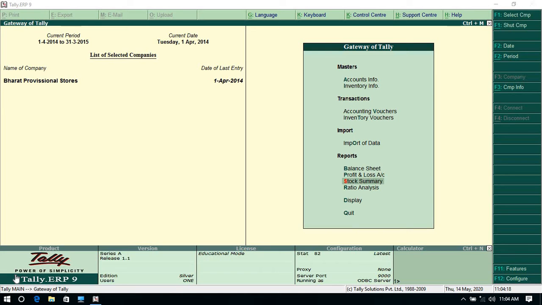So basically cost centers and cost categories will give you the third dimension information, in-depth information for the voucher entries. Normally in a voucher entry we do paid salary, from cash to salary account. It will not give the details about to whom you have paid salary and all. Cost centers and cost categories will give you that information, for which employee how much salary you have given, apart from that total salary. That information you will get clearly. So for that purpose we create the cost centers.